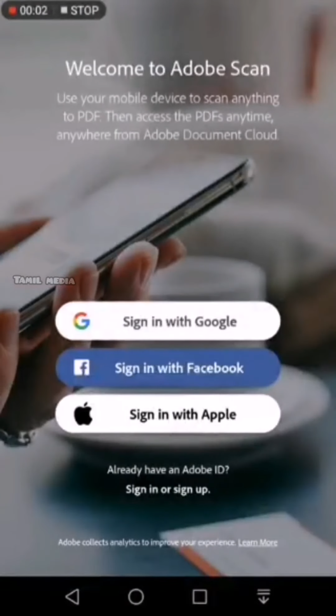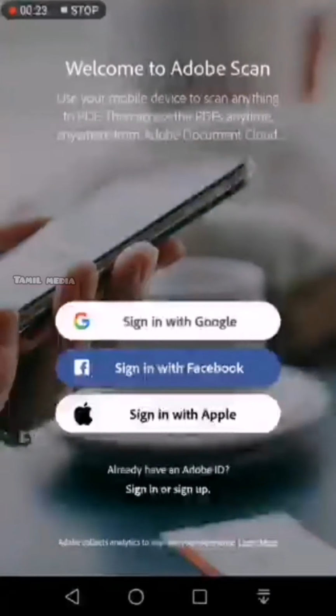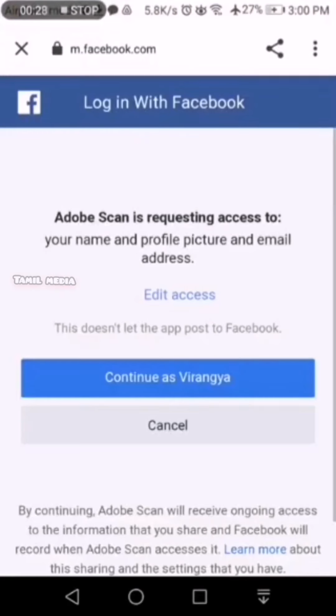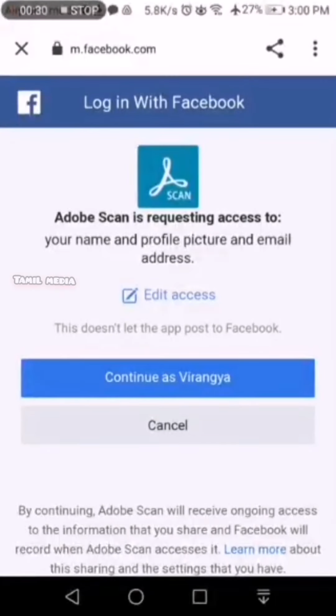To scan your answer papers using Adobe Scan, you have to create an account in Adobe Scan. For that, you can click sign in with Google, sign in with Facebook, or sign in with Apple. Signing in with Facebook is easier, so I'm going to click on sign in with Facebook. Click continue.